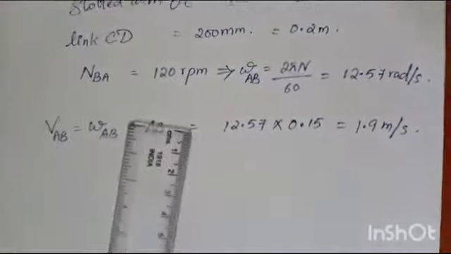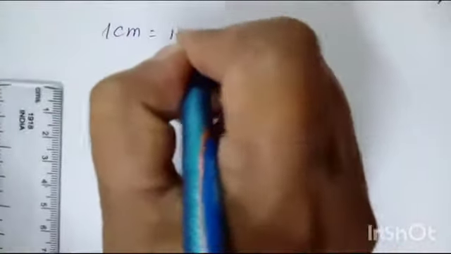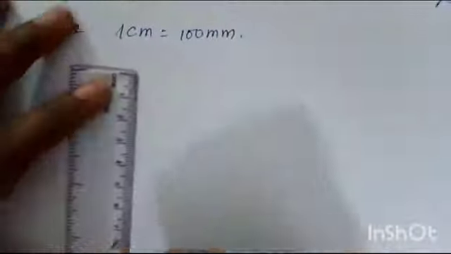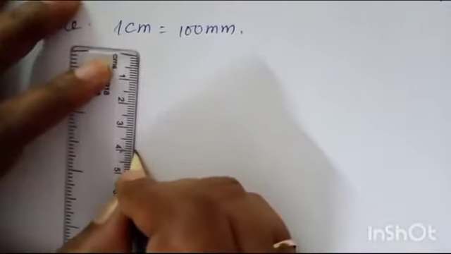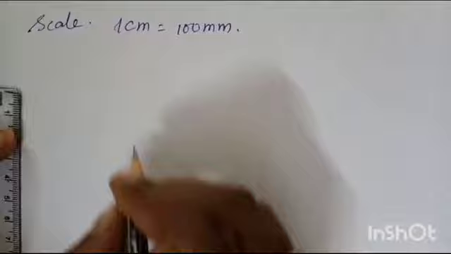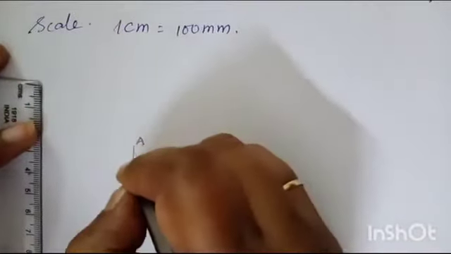So now I will construct the configuration diagram. For the given data, the diagram also gave some dimensions. With the help of that, you just start your configuration diagram first. So how can I do this? I am taking 1 centimeter equal to 100 mm as a scale. So now 1 centimeter equal to 100 mm. 400 mm is the fixed link. In the diagram it is given that 400 mm OA length is given. So this is your fixed link.